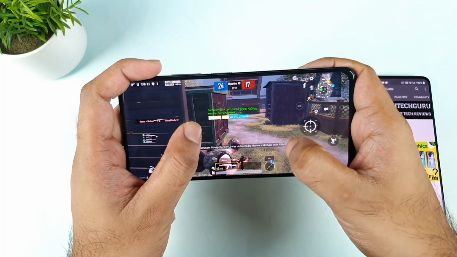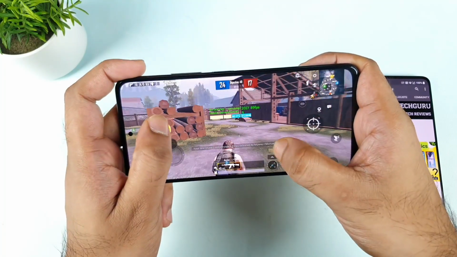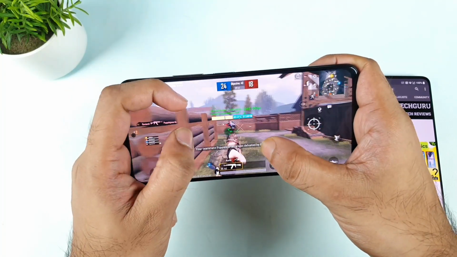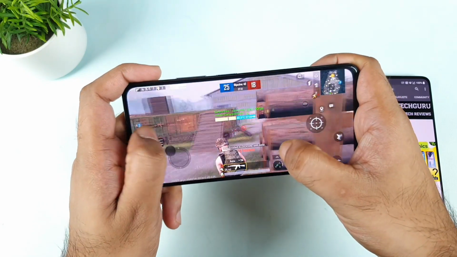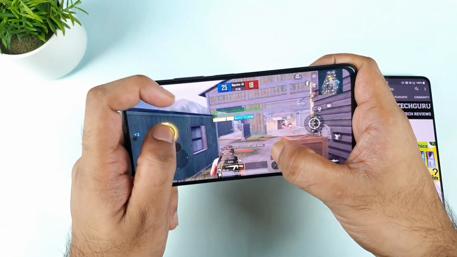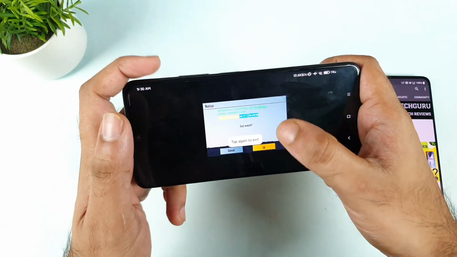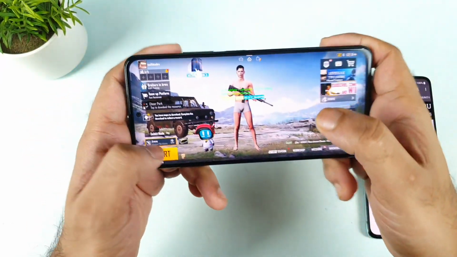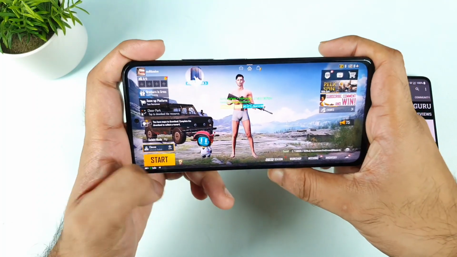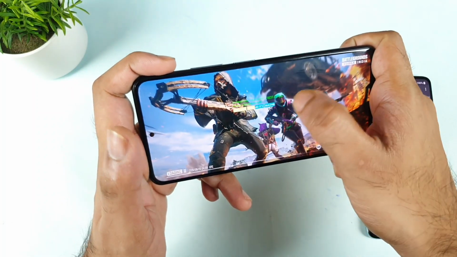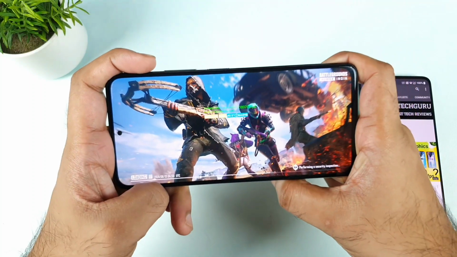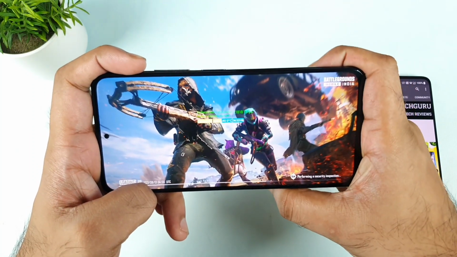While playing the team deathmatch, I did not feel any major problem at all on the MI11X device. It should be completely fine. Next I'll move to the normal classic match and show you the exact demonstration. I'll do the drop test in the boot camp. Let's see what happens with 90 FPS and how much it actually drops. That's what I'm going to demonstrate in this video.